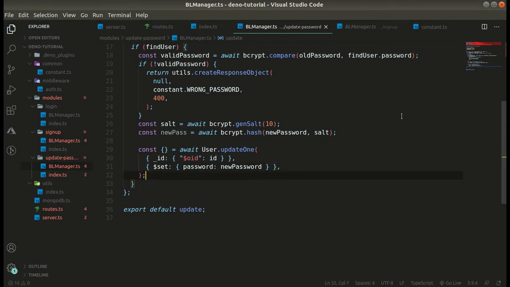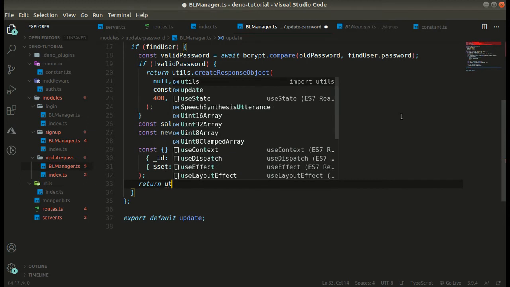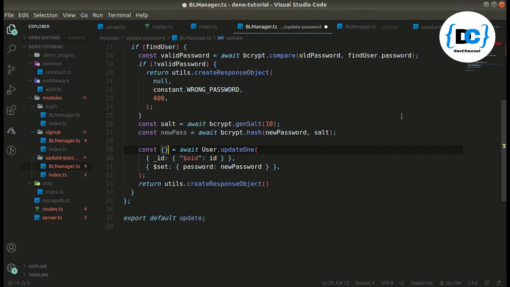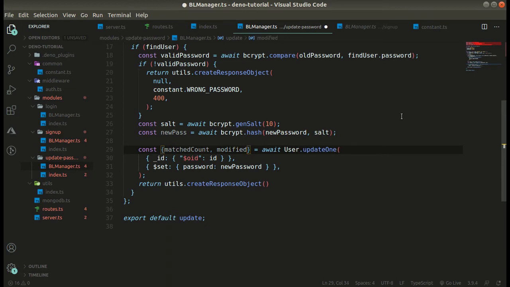Once this is done, we are going to simply return the success response with utils dot create response object. One more thing that we missed: we get from here as a response matched count, modified count and upserted id.